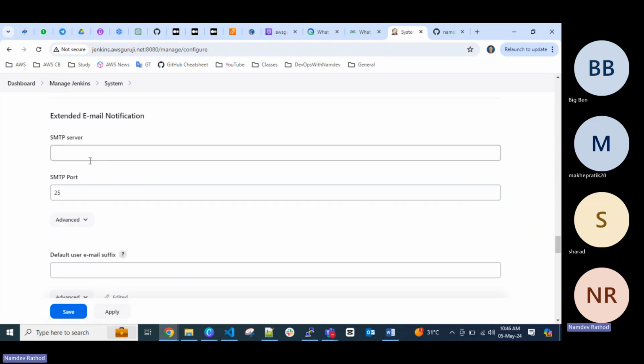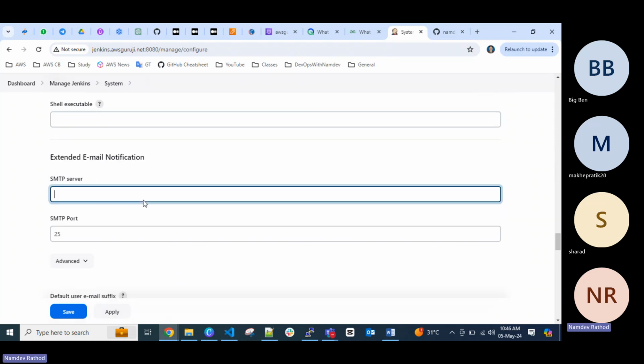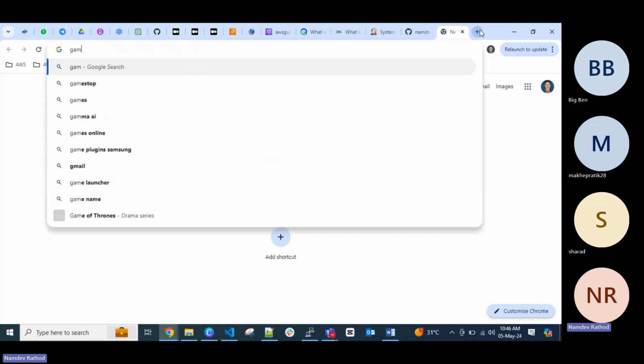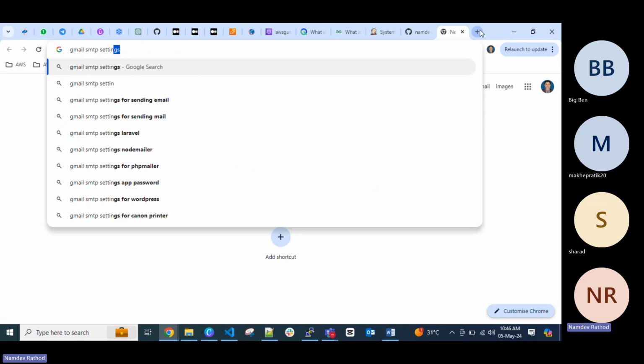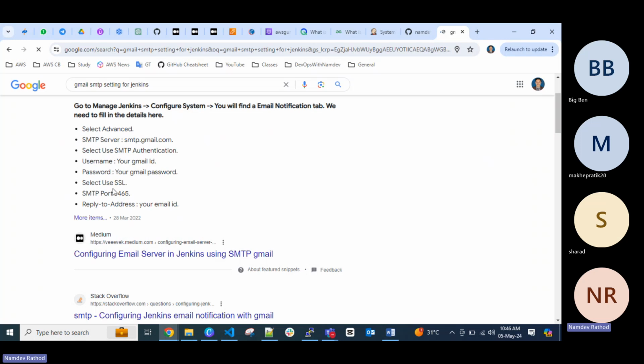This is for the mail service, because without configuring the mail service, the server will not work for sending the job status to the email address. So we need to add the SMTP server details here. As we don't have any SMTP server configured like sendmail, we can use the free Gmail SMTP settings for Jenkins, let's say. So SMTP servers we need to add like these URLs, SMTP details, and your